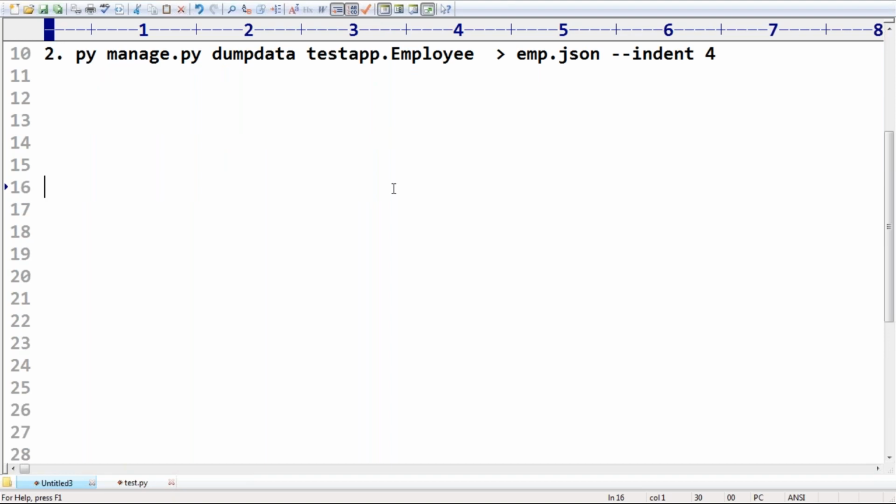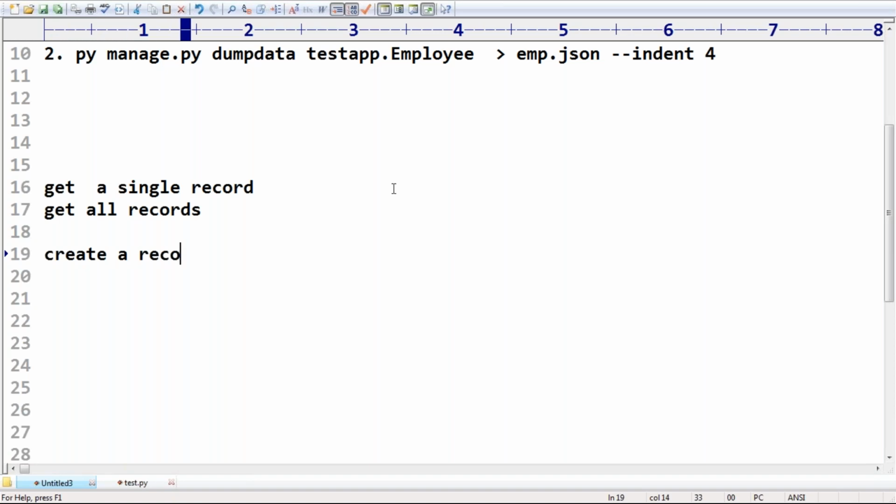Clear, right? Now the next very important question. In the last sessions we covered very clearly how to get a single record, and then how to get all records. Now, can you please create a record? How can you create a record?